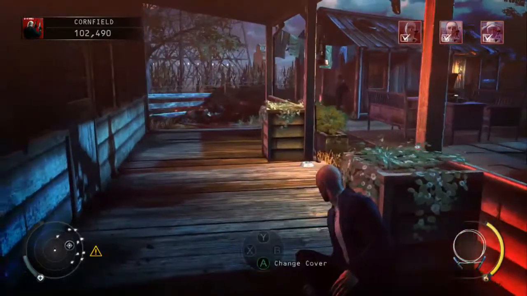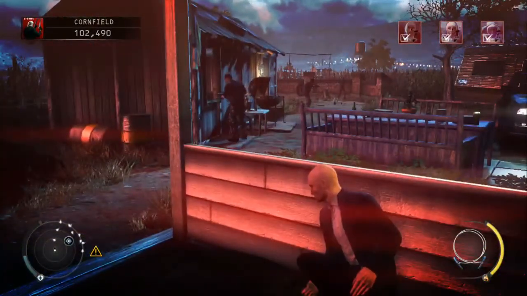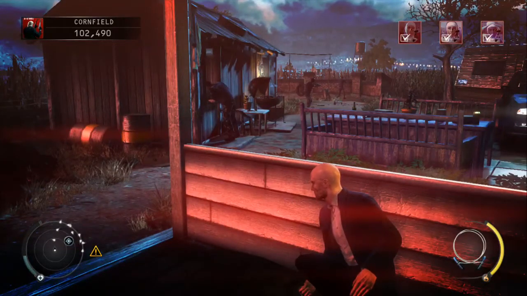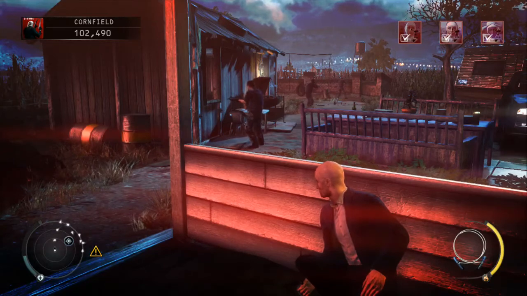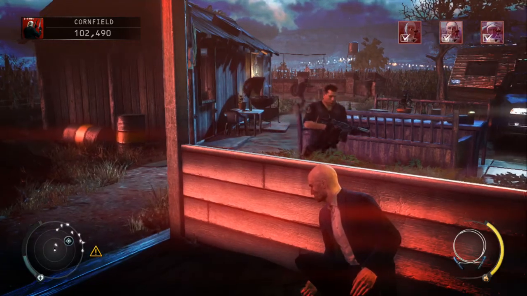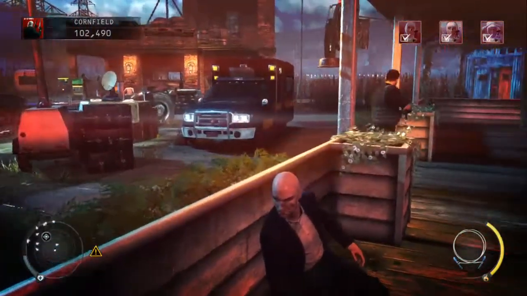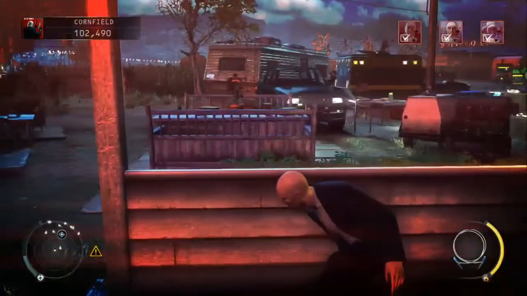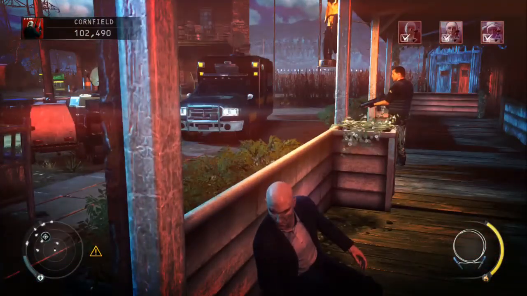So just change cover, duck down behind the wall, and what he will do is he'll come back towards us, but instead of walking behind the wall where we are, he'll walk in front of it and then round to the right. So just wait for him to go past. And the next point that we're going to move is when he starts patrolling back over to the right,